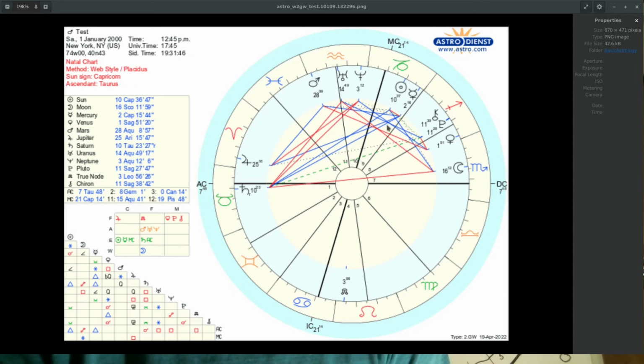And Mercury is also trining with Saturn. So the Sun and Mercury are going to get along well with Saturn. So this person may have their self-image, the way others first perceive them, work well with their higher learning and long distance travels, but not with their partnerships and different relationships they have. For instance,